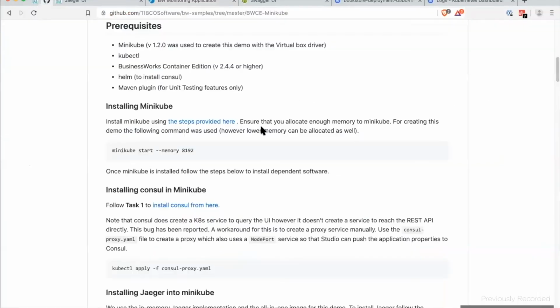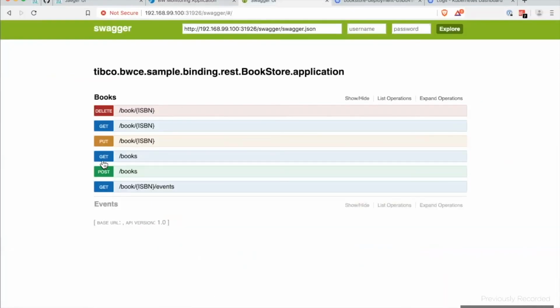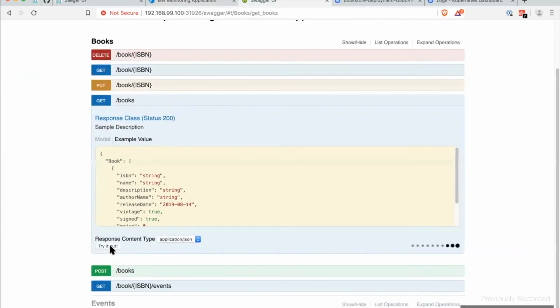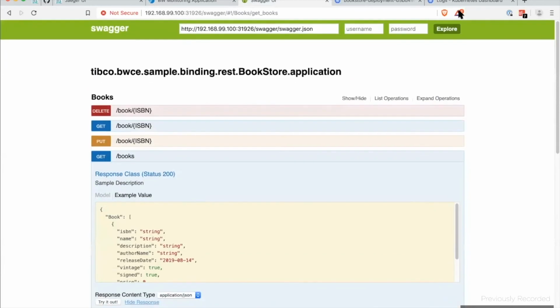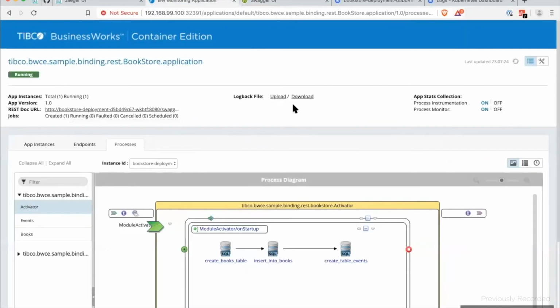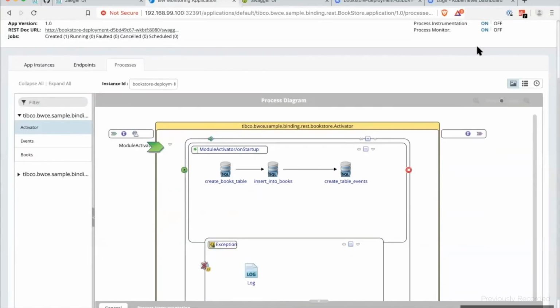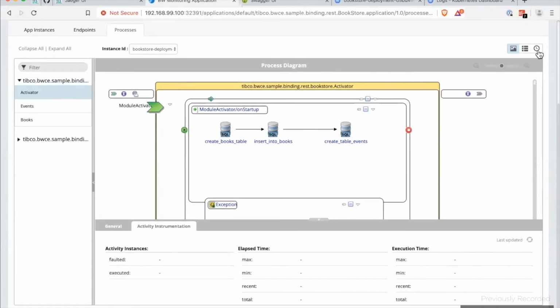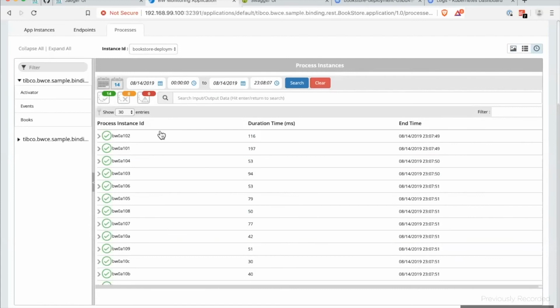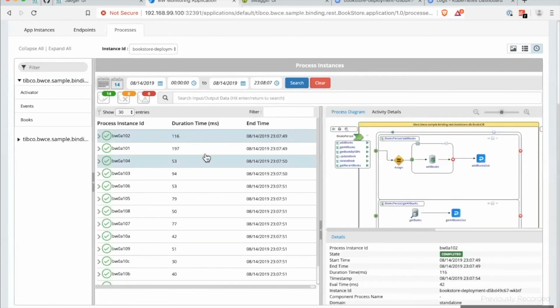So I could go back to Swagger and keep a couple of jobs and go back to my process monitoring, and now I can actually see things like process data. So you can see that some process data is created here, and if I actually open this up,